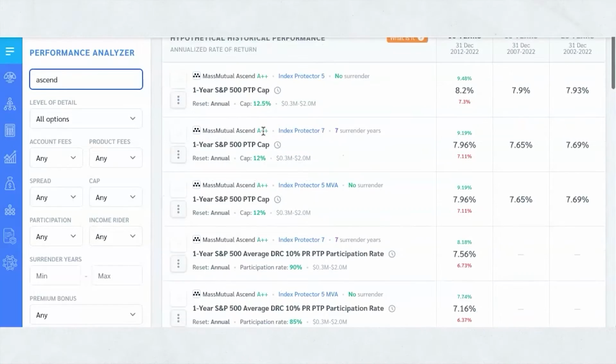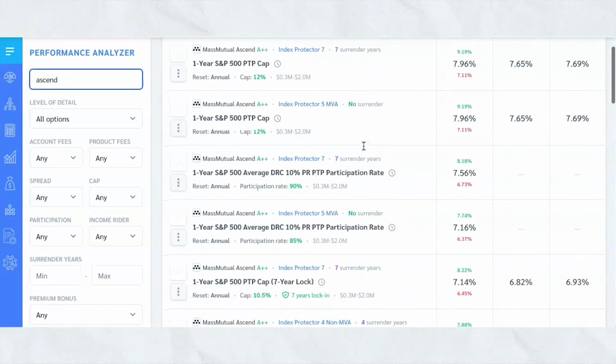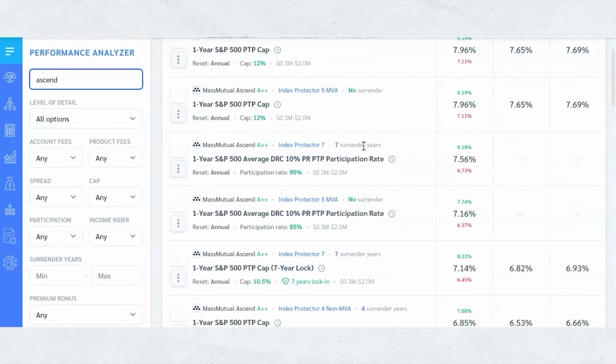What if the options are really, really expensive? And what if they lower my cap to 7%? Well, I don't want that. And so you notice I'll look down the list, and this is showing a pretty decent 10-year, 15, and 20-year growth rate. That's not bad. But if I want to kind of lock that in a little bit longer as far as the cap, then I might look down here,